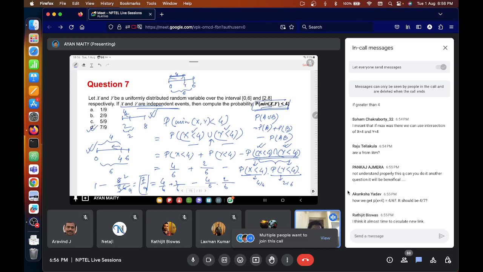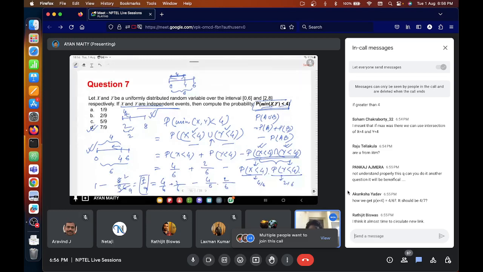It's not that we are finding out that x is a continuous variable which is uniformly distributed. So this is not a discrete variable where we will have 7 possible values. x can have any value between 0 to 6. It is a continuous variable uniformly distributed between 0 to 6. So that's why the length of possible values is 4 and total possible values is 6. The length of the region for x less than 4 is 4 and the total length of the interval is 6,